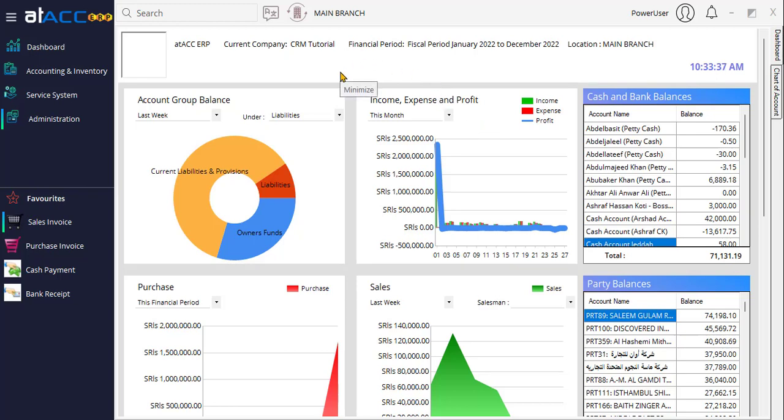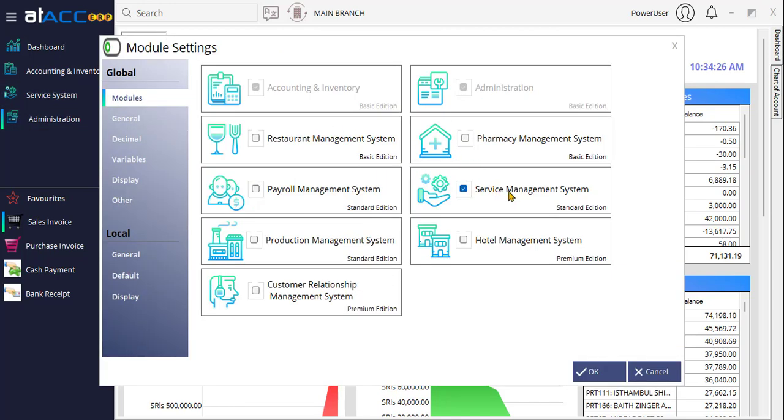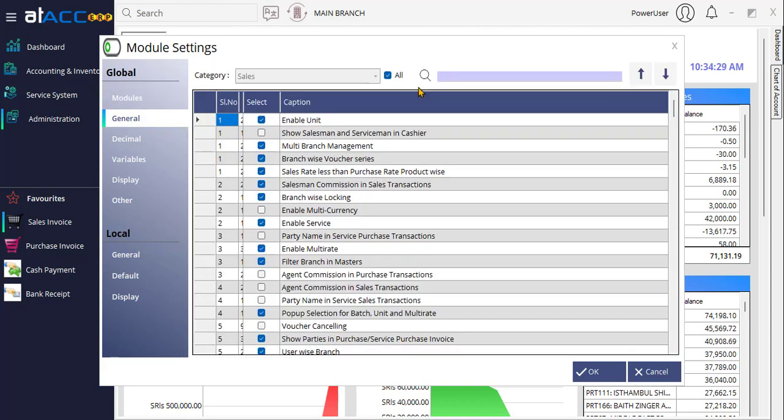In this video I'm going to show you how we can use the service management system. The service management system is used for mobile services or automobile services. So first we have to enable the service module. I already enabled it. And second, we have to enable the service